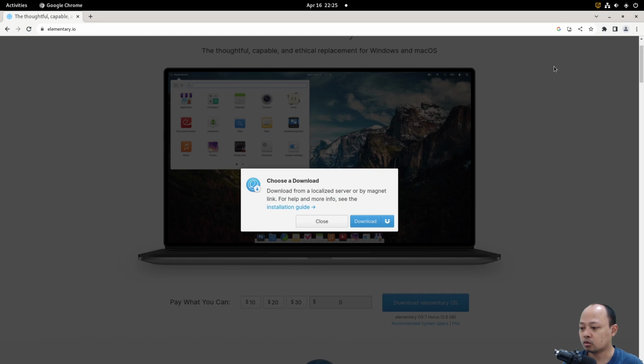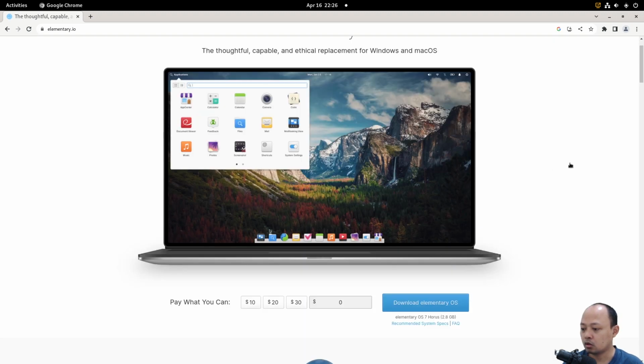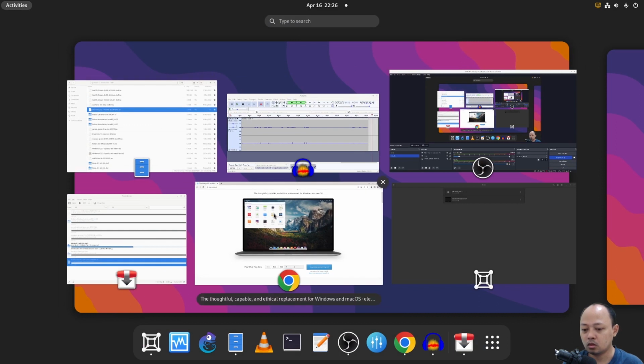After downloading process is finished, let's try the Elementary OS. I will try Elementary OS from the installation process. I will put this ISO on the GNOME Boxes. Let's go to the GNOME Boxes.